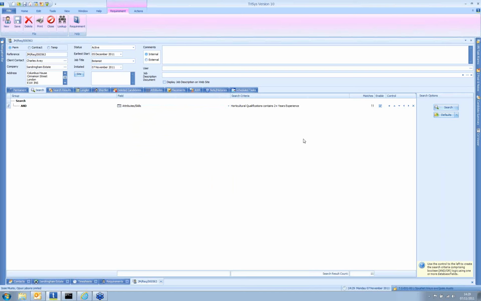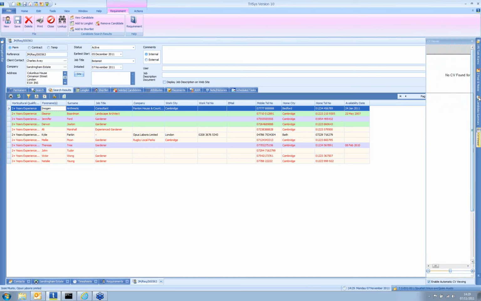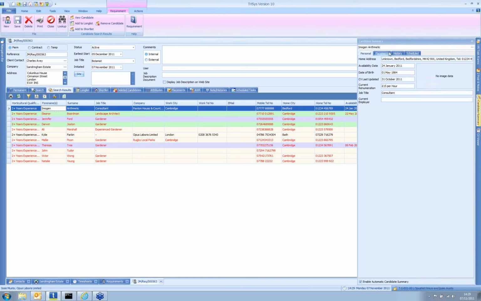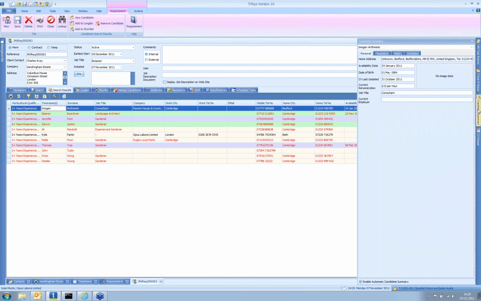So whenever you're doing a search, if it's for a job, if it's for a placement, if it's for a company, if it's for an opportunity, very, very flexible, very dynamic. So we simply key on the search now, and we've got a list of people available within that search field. I can do one or two things now. I can look at the CV viewer, and of course there isn't one for that particular person, but what I've got on the left-hand side here is a little candidate summary. So as I work my way down the list of candidates on the left-hand side, I can see details about those